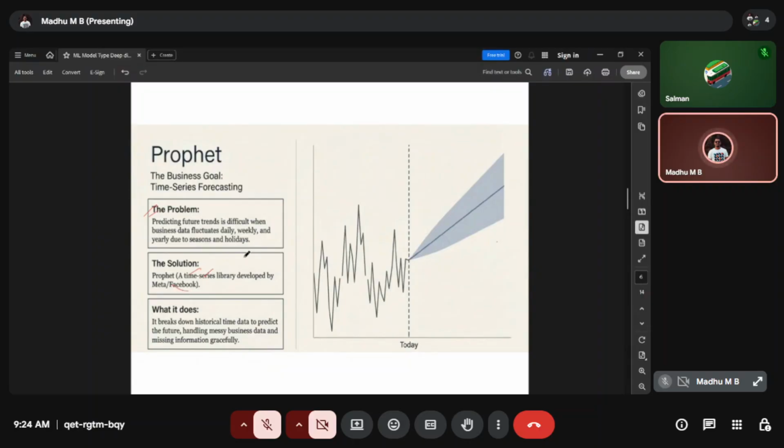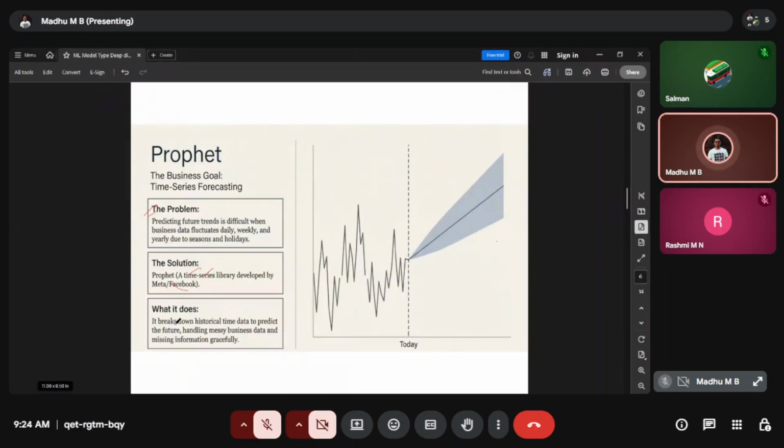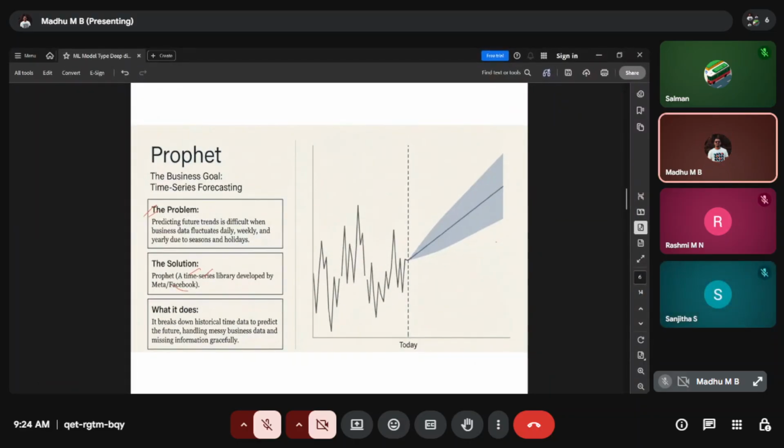For that reason, what this model does is help us in breaking down the historical time data, and then we try to predict the future.